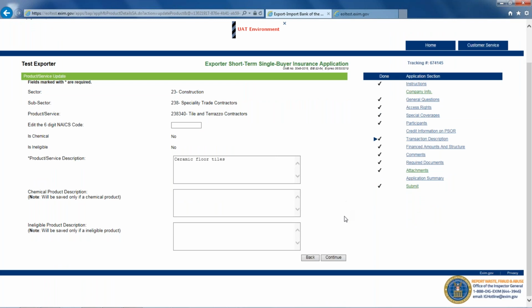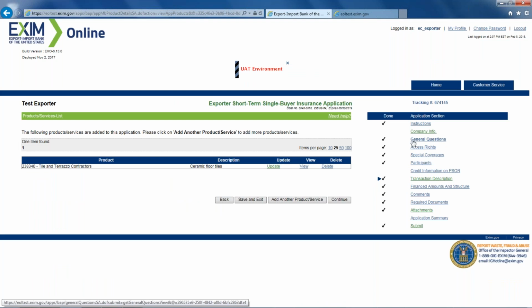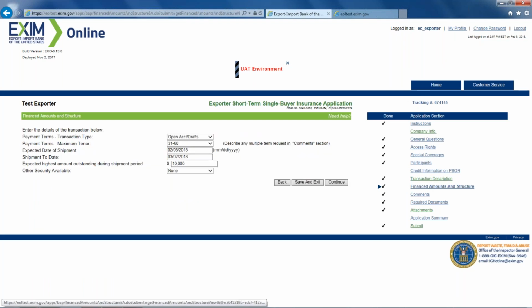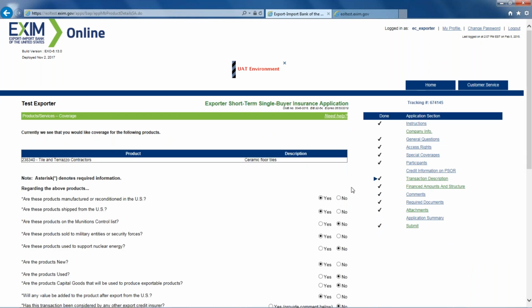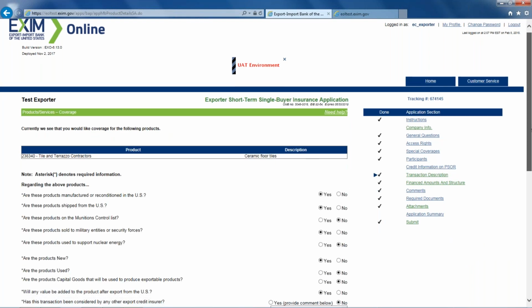Okay. And go back to your transaction description. Yeah, I think that's where it is. Oh, no. It's the next finance dimension. Is that it? No. It's under your transaction description. So, if you hit continue, see what happens. There you go. Oh, yeah. That's it. So that's where it was.